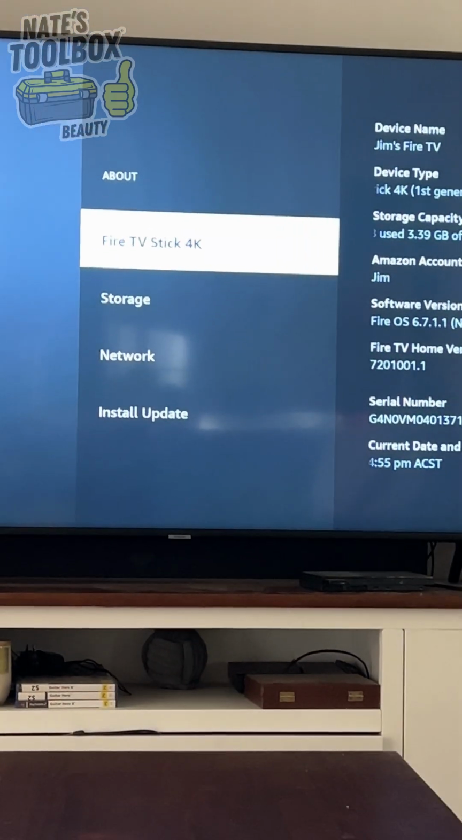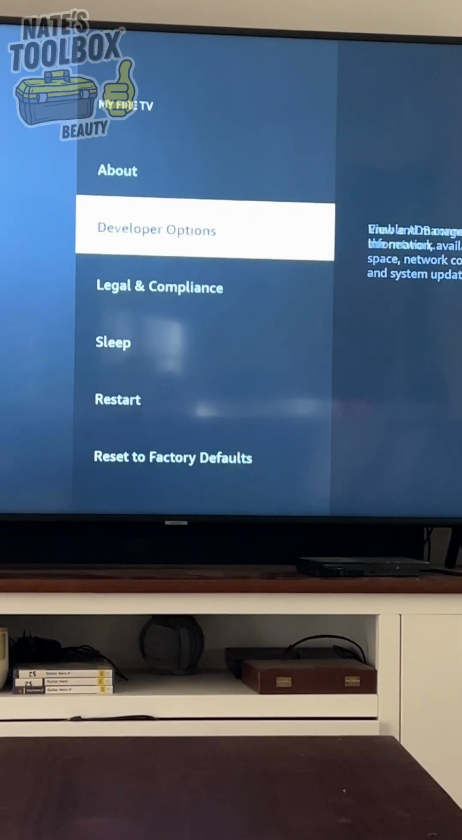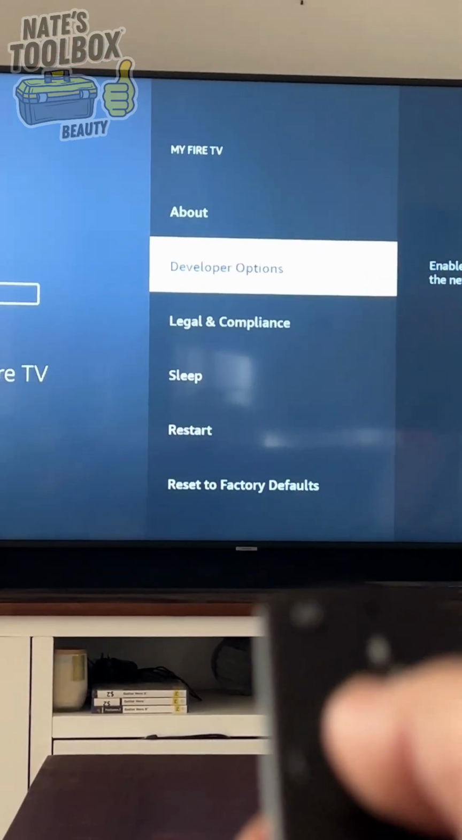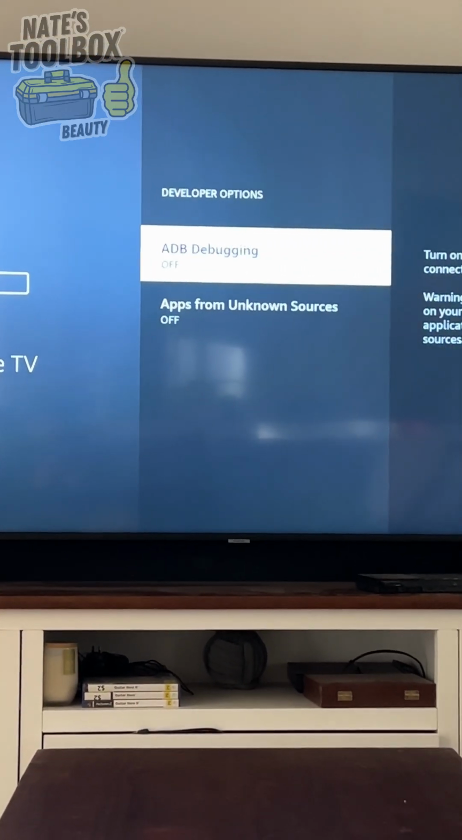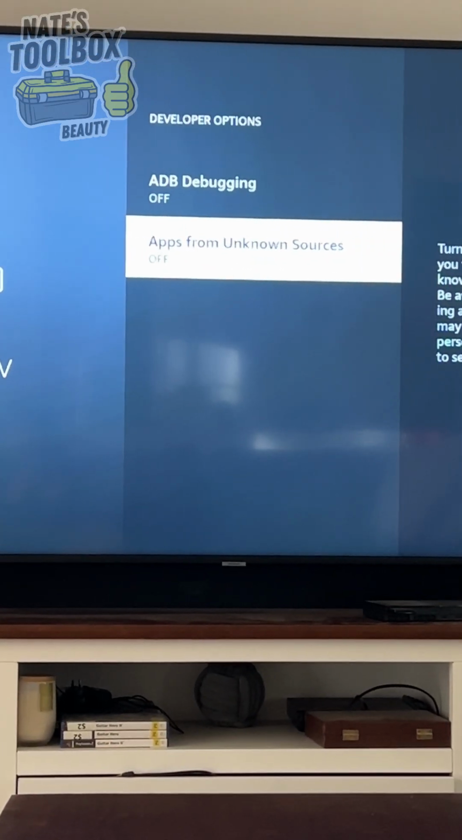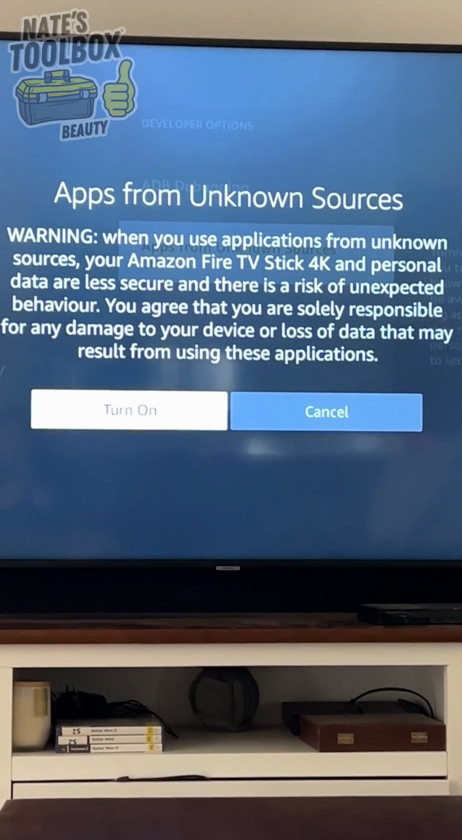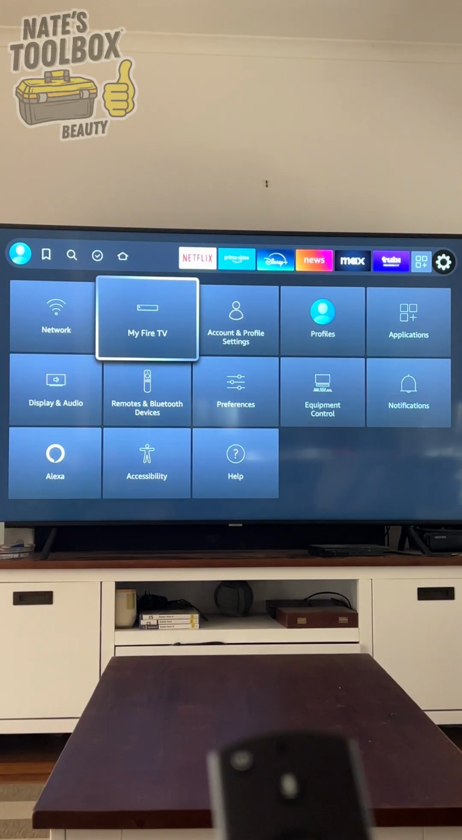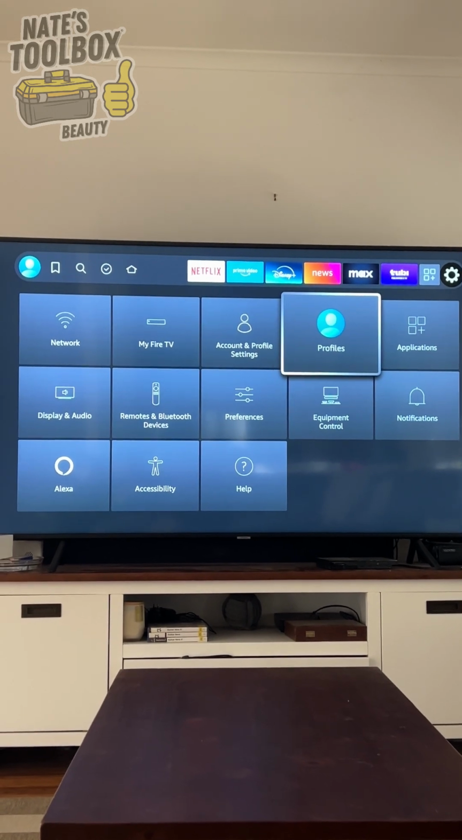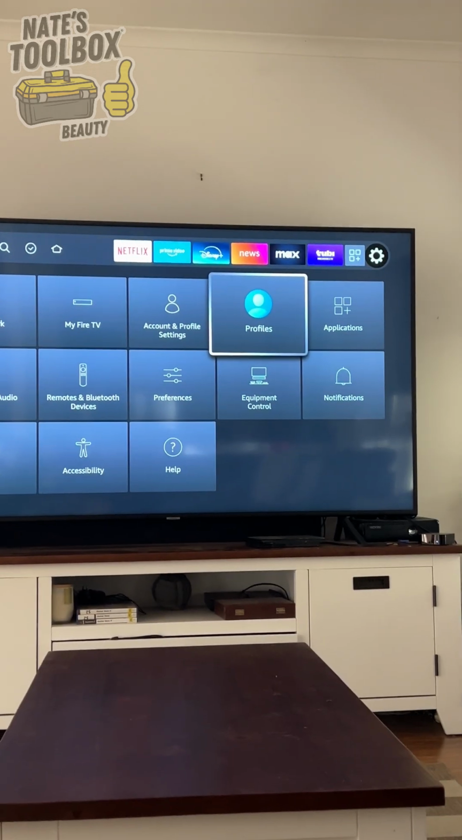So now we are in developer mode, and now we've got developer options. Click on developer options. Apps from unknown sources. Turn that on. So there you go, now we can go to the App Store and install as many apps as you like